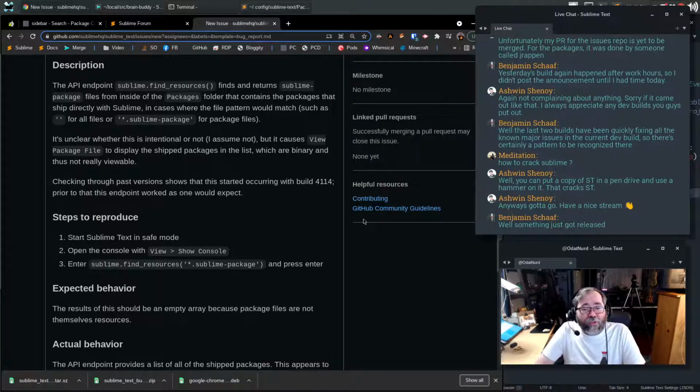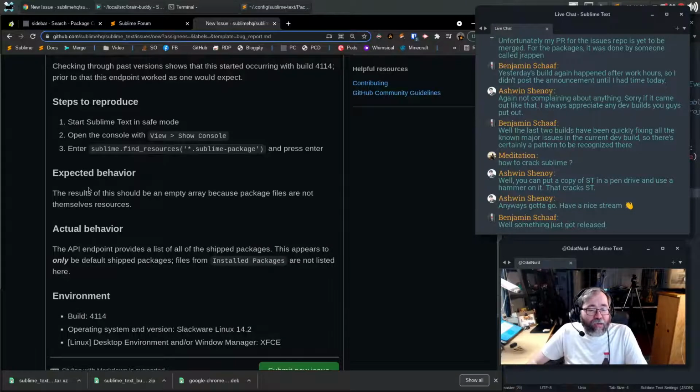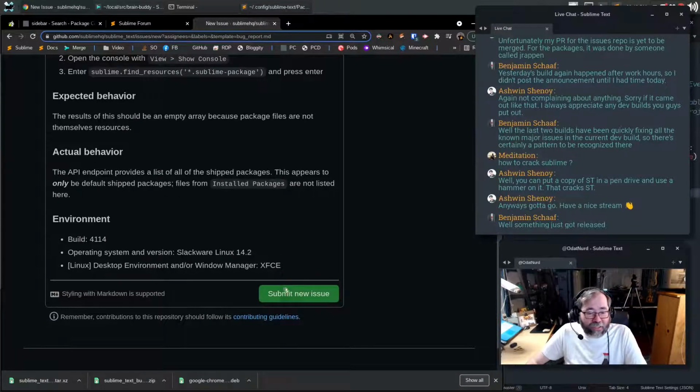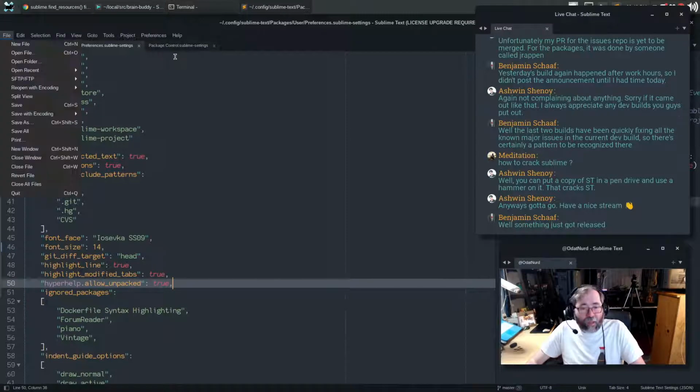Checking through the past versions shows that this started occurring with build 4114. Prior to that, this endpoint worked as one would expect. Start Sublime Text in safe mode, open the console, enter that, press enter. The results of this should be an empty array. Actual behavior, the API endpoint provides a list of all shipped packages. This appears to only be default packages. We're launching the issue. Whoop! Now, we immediately come over to here and...